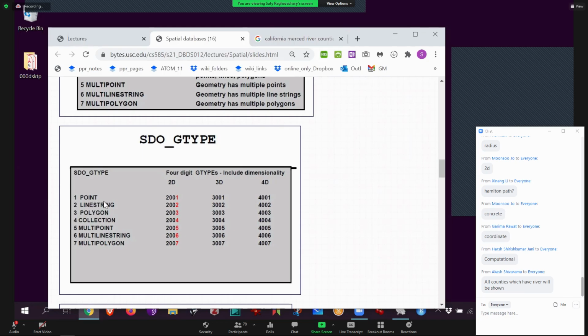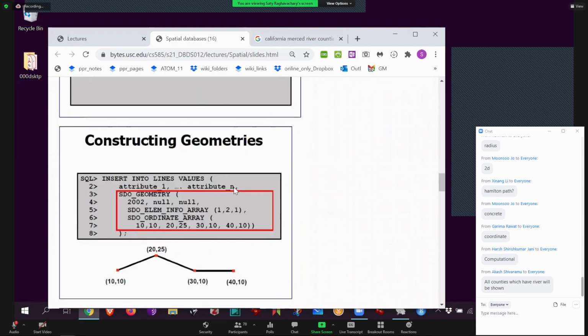Point is exactly 1 point. Line is 1 line. Polygon is 1 polygon. A collection is, I think, a collection of any of those. I personally never use collection. Actually, I don't know what that is. A multi-point is many points, like a cluster of points, like all the students at USC. Multi-line string is many roads, like one set of them. And multi-polygon is all the buildings at USC. It's multi-versions of them.